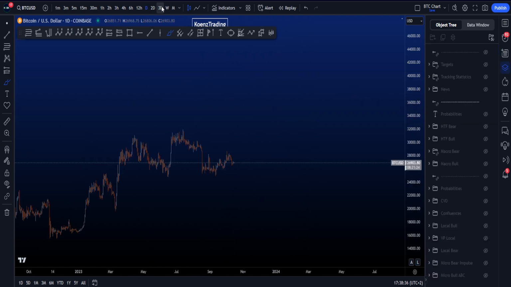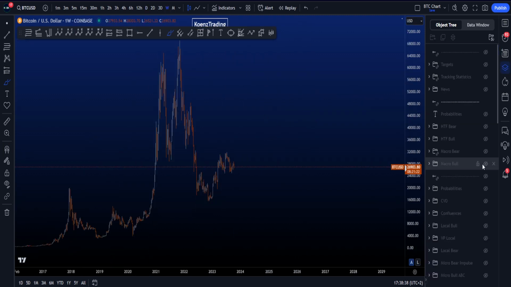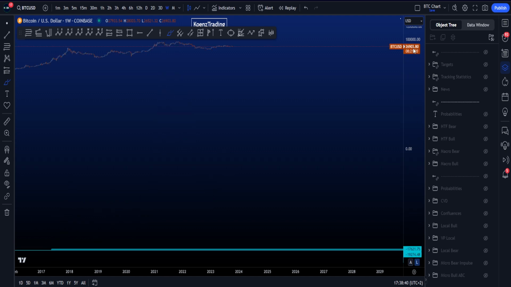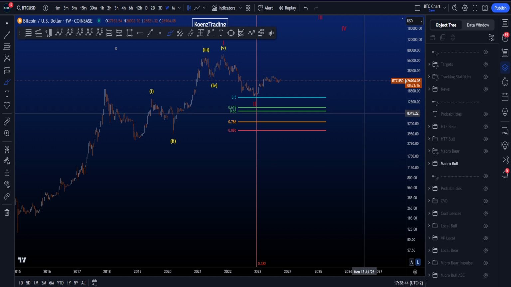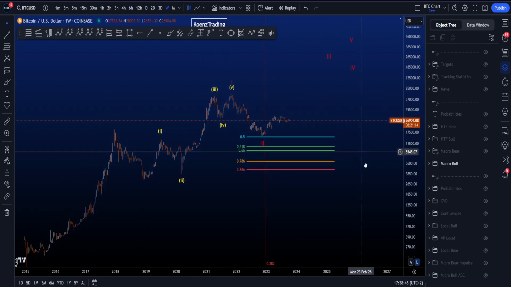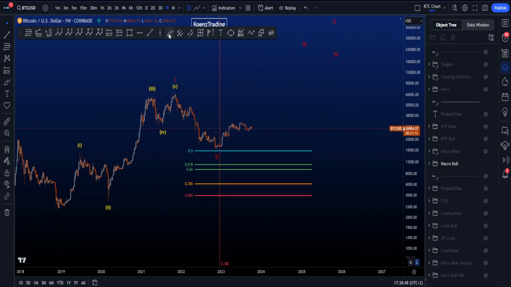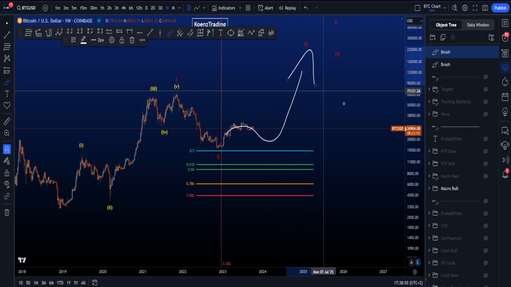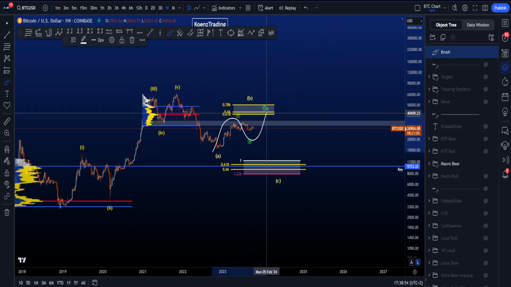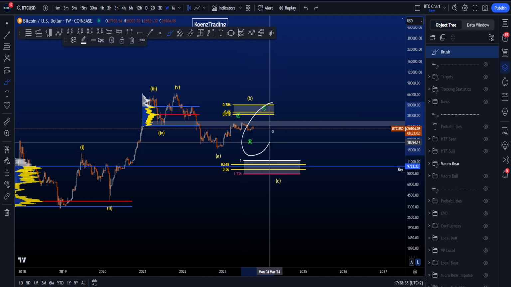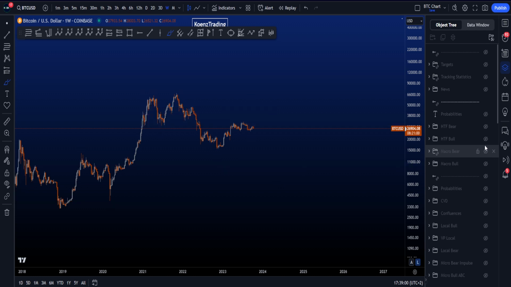If we then go to the weekly time frame and the macro, then both the macro bullish and bearish scenario probabilities show that price still has some more upside to go. So in the bullish scenario, we of course want to see continuation in a wave 3. On the bearish scenario, we also are still looking for a move to the upside, observe the reaction, but then a move down. So it all depends on how price would then move towards the upside. And if we then look more locally,